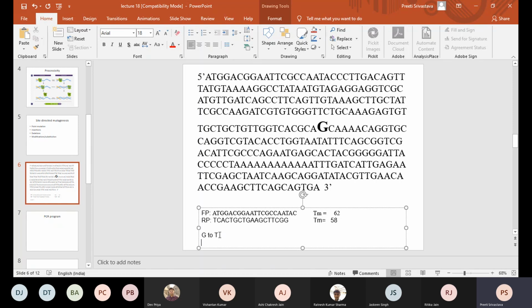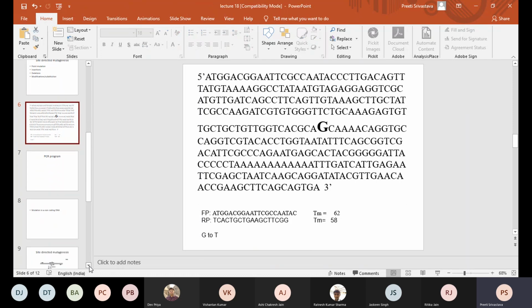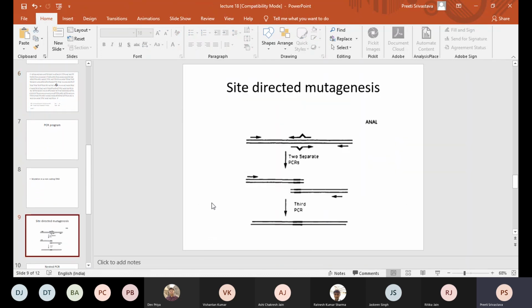So when we make changes from, for example, tyrosine or phenylalanine or tryptophan or histidine to glycine, it is going to largely affect the structure and you can study the consequences. That is a separate science called protein engineering, where you can engineer the protein, but all those engineering are done at the nucleotide level, which is why we are discussing site-directed mutagenesis. So for this purpose class, we need to design another primer which is internal to it. Now I'll show you the figure and then you can design a primer. So please pay attention over here.